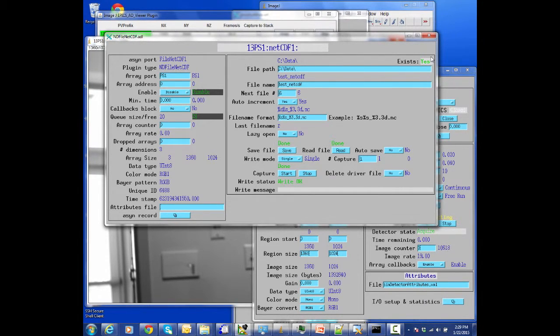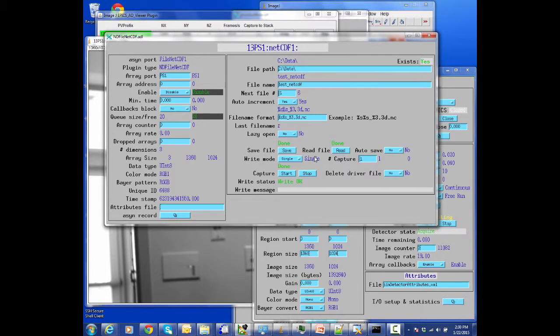So you get at least some feedback as to whether you've made a typo here. But in the next release, there'll be a way here to specify that you should create the directory if it doesn't exist. The name of the file, the next file number, auto increment, the format,